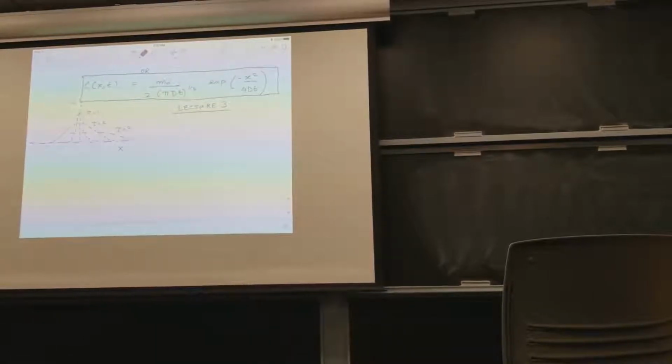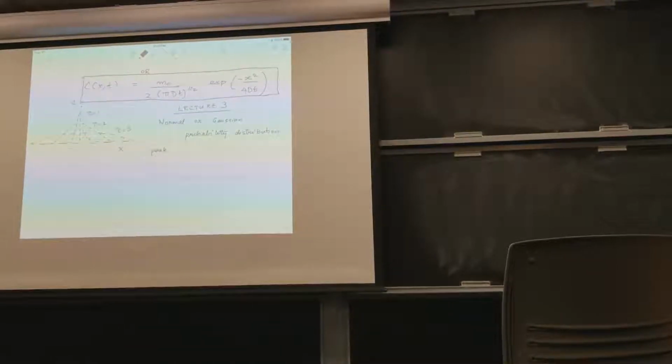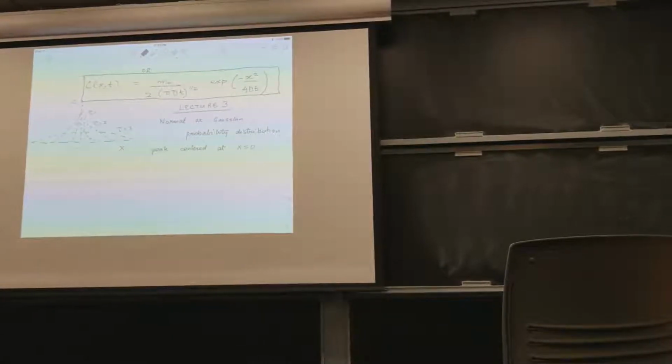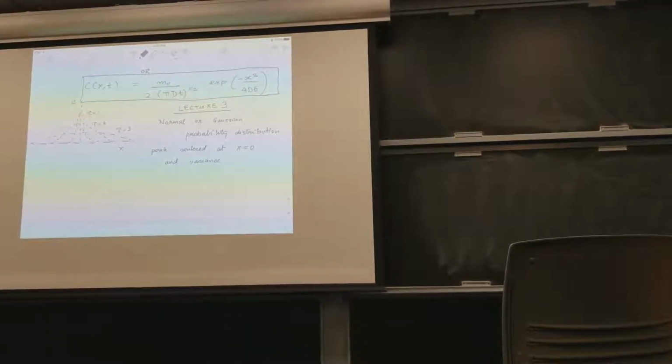So if I look at this concentration distribution, we said this resembles the normal or Gaussian probability distribution. And in this probability distribution, you have peak centered at x equal to 0, and your variance is